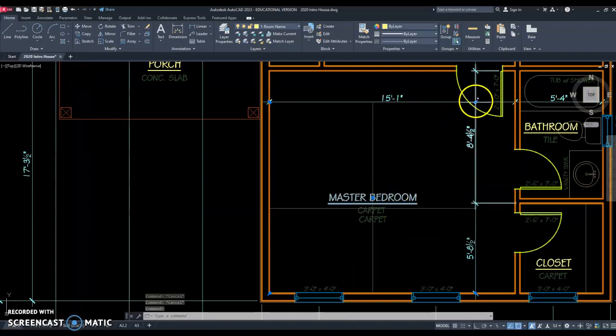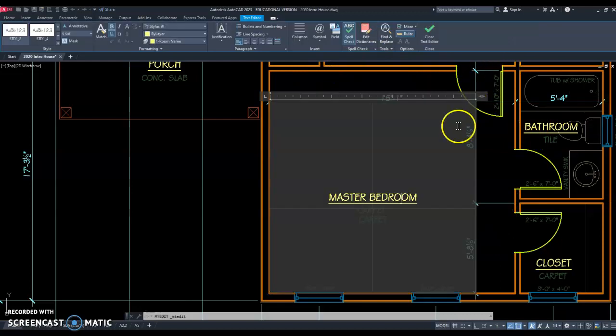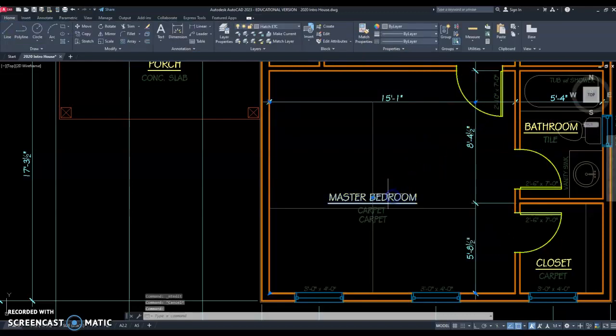Now we also have these grip points here where we can also move and relocate our text. So there's two ways to do that. One is using monolines, the other is using our window. We just need to make sure that if we don't see the window pop up, there is another way to do it with the lines. Alright, moving forward from there, we will